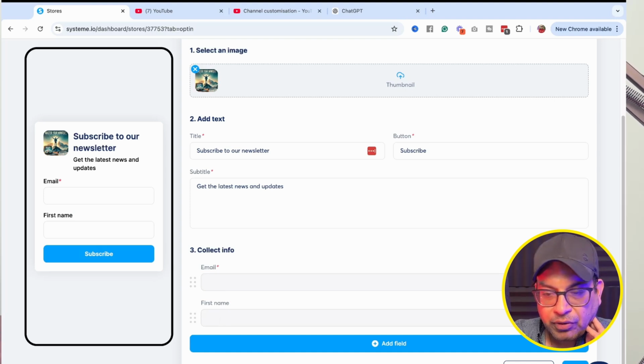You can turn off the first name. All I need is email, that's most important. I'll put the first name in there, and if you want to give the first name, fine. If not, doesn't matter, as long as I grab their email. Get the latest news and updates. So you just want to tell them a little bit about what they're getting. So get the latest news and updates